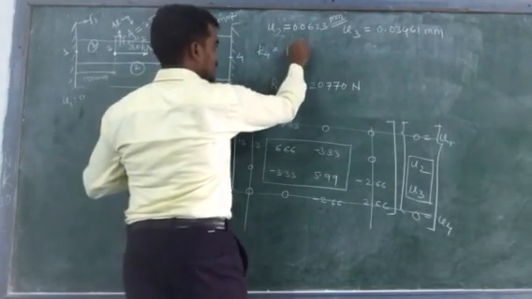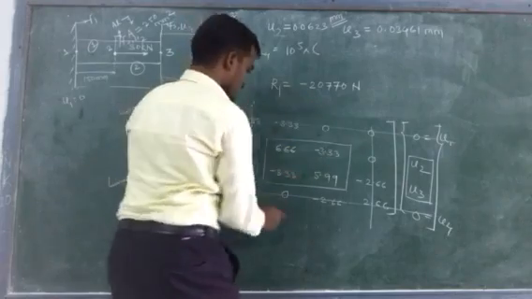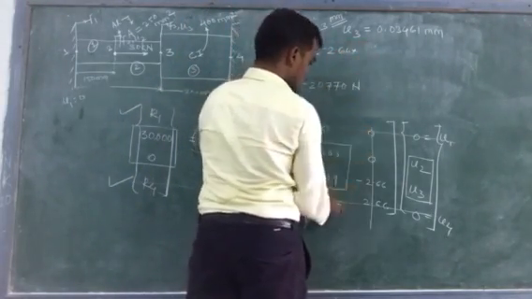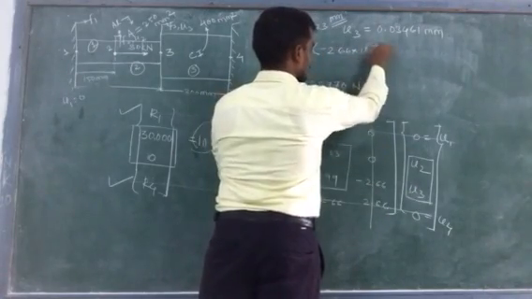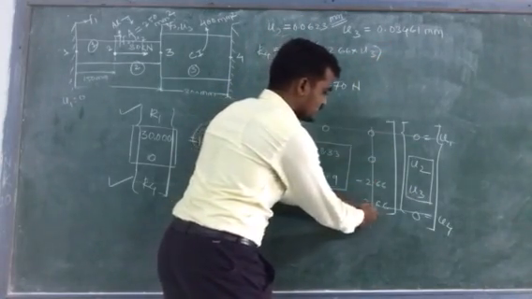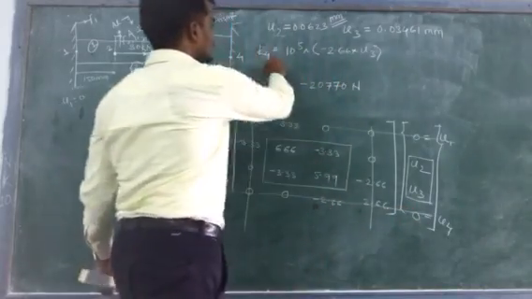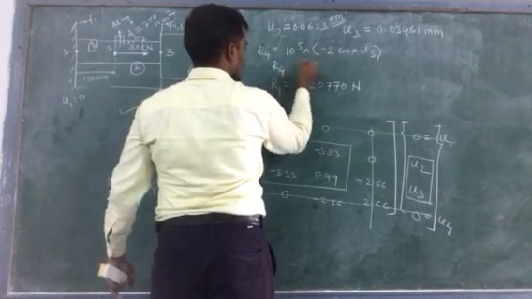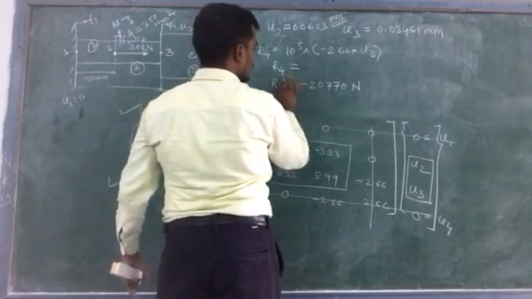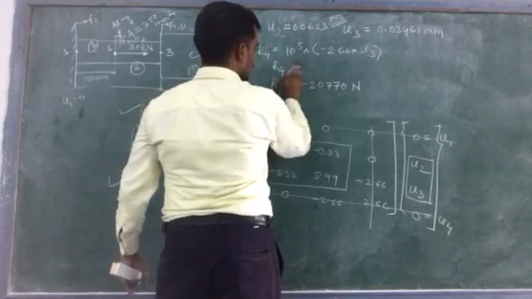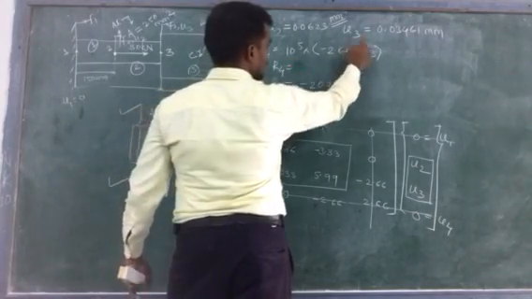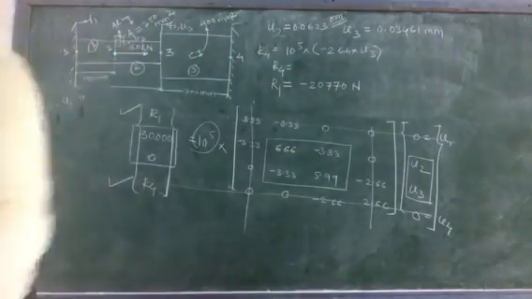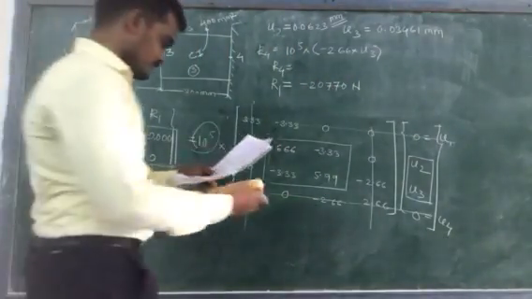So 10 raised to power 5 into minus 2.66 into u3, plus 2.66 into 0 is 0. By putting the value of u3 equal to 0.03461,